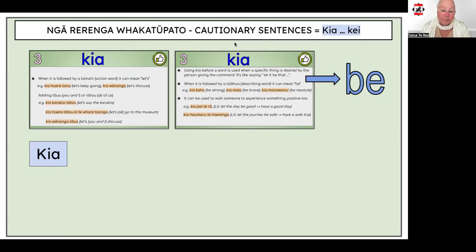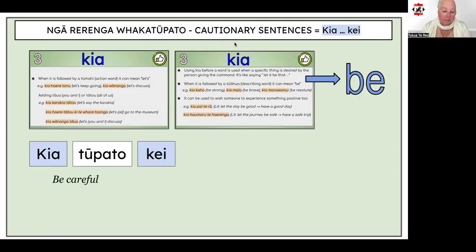Let's start with the obvious one, be careful, and the kupu Māori for careful is tūpato. The next word in the sentence is kei. In this sentence model, the word kei means just in case, or the old-fashioned word for it is lest. I guess it could also be translated to or else, or you're indicating that something might happen. The next word is the action that might happen.